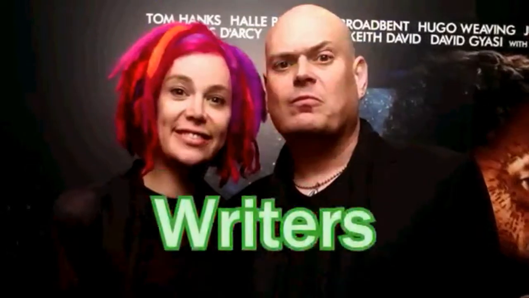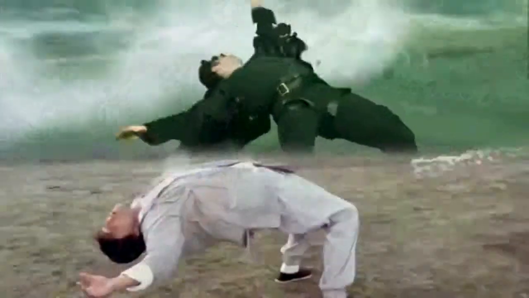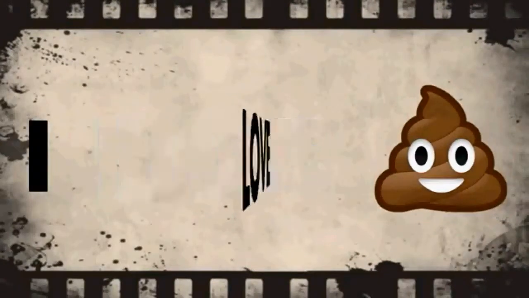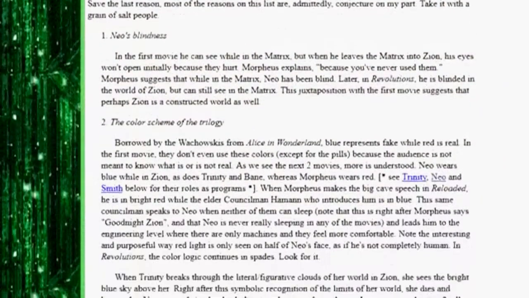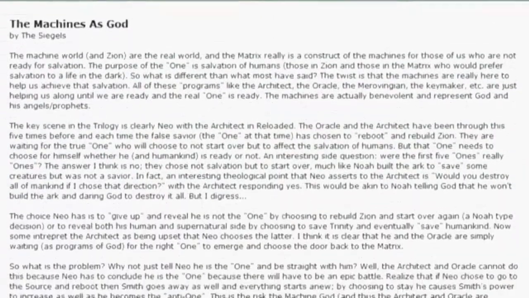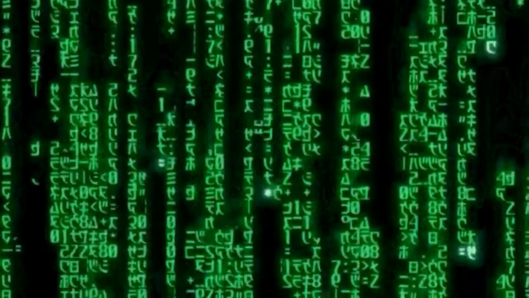But hey, that makes complete sense when you consider that the film's creators, writers, and directors, the Wachowskis, were absolutely massive fanatics of all of those things, and wanted to add to those genres with a film that incorporated elements from all of them. And the world they created, while accessible enough to be mimicked in hundreds of parodies long before poop emojis became a way to ironically say I love you, or less ironically, I have to poop, has long been debated and reinterpreted by the same over-analytical fan base the Wachowskis themselves hailed from. And you know that where there's over-analysis to be had, the theorists will follow.